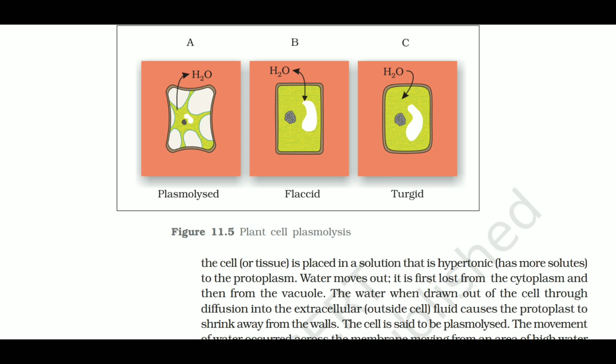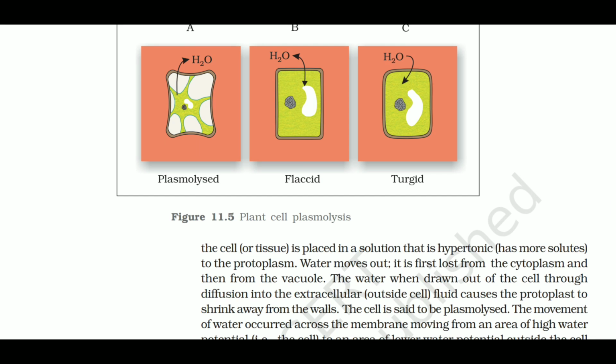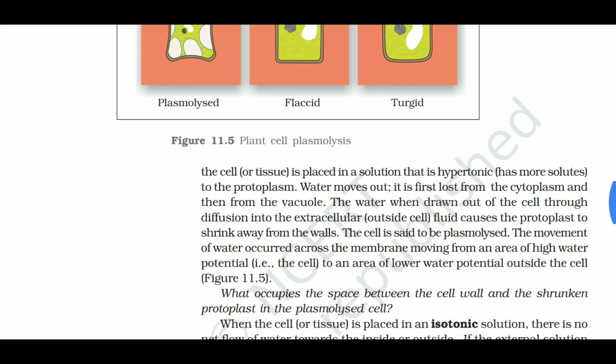In the first picture you can observe the water has moved away from the cell into the external solution. So the plant cell is shrinking and moving away from the cell wall. Here you can see some amount of water is being moved away from the cell, so the plant cell is becoming loose. In the third picture, the water is getting inside the cell, so the cell is increasing in size. So it will be turgid. We call that turgor, when placed in a hypotonic solution.